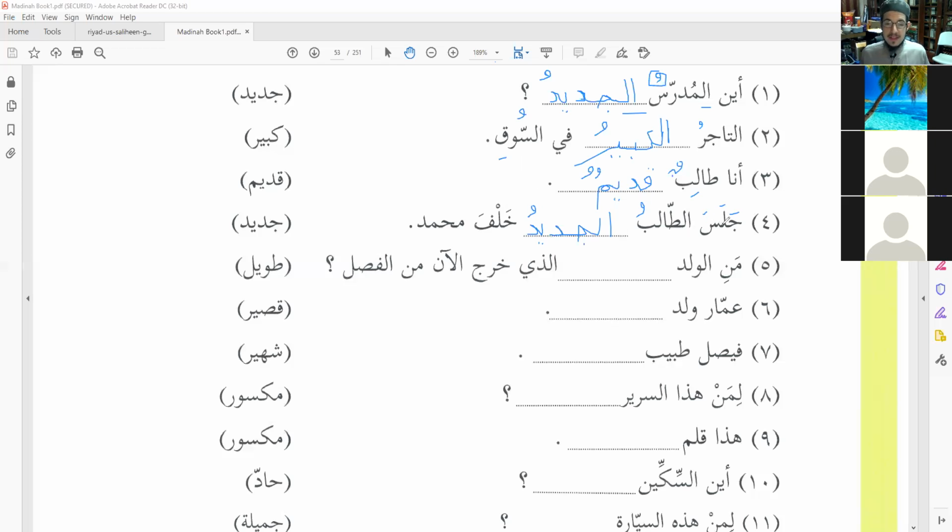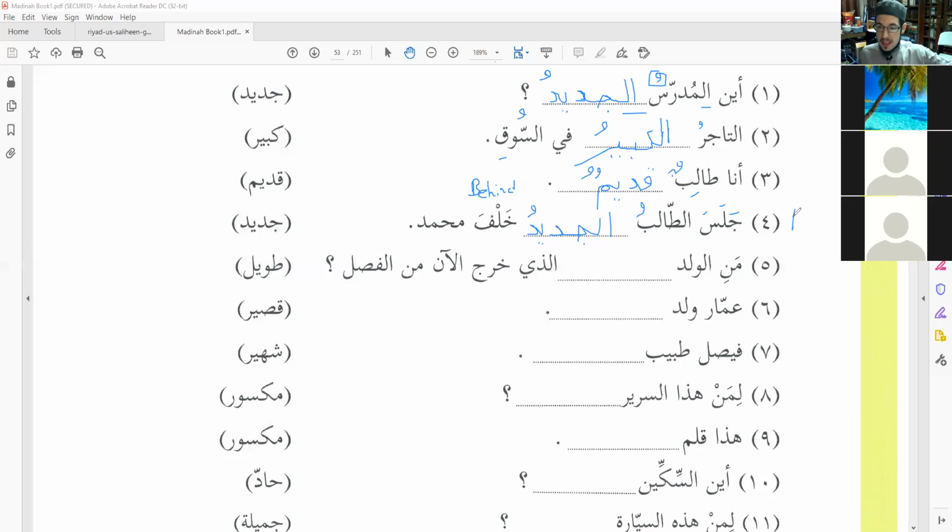The new student sat next to Muhammad. Fantastic. Or in front of Muhammad. Even better. And best yet is behind Muhammad. Behind. Yeah. That's okay because you got the hard part right. The hard part was flipping the word order from Arabic to English, because in Arabic it would be he sat, the new student, behind Muhammad. So look at how there's a lot that needs to be balanced when we have a